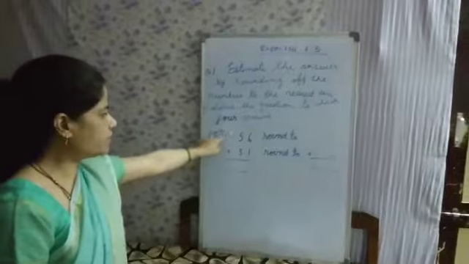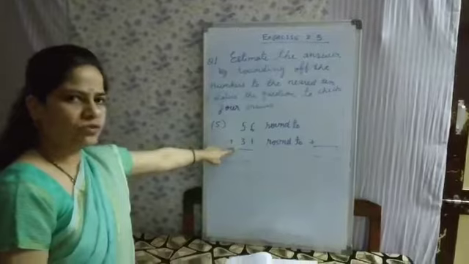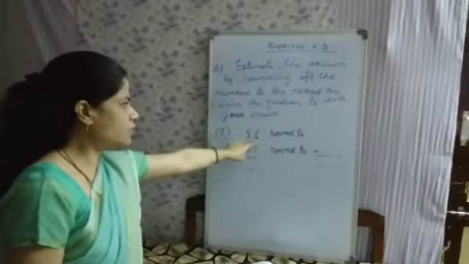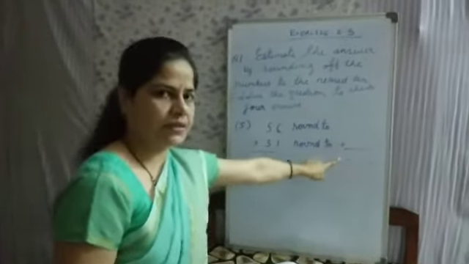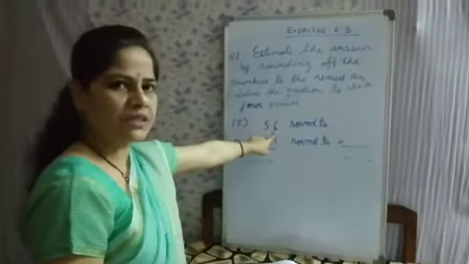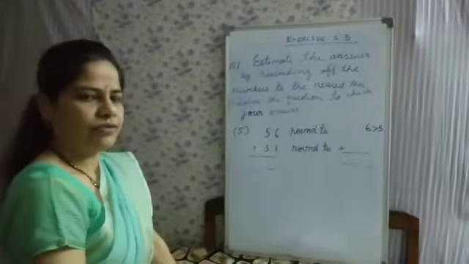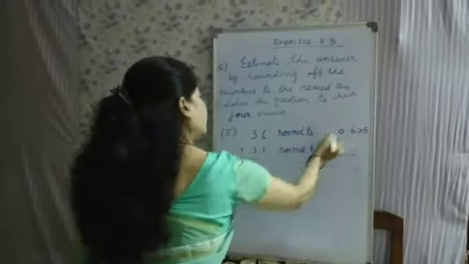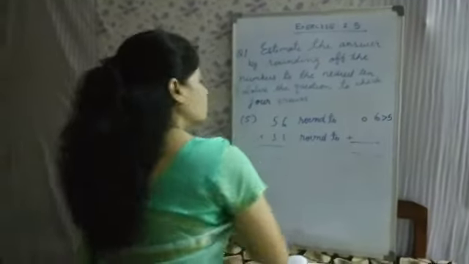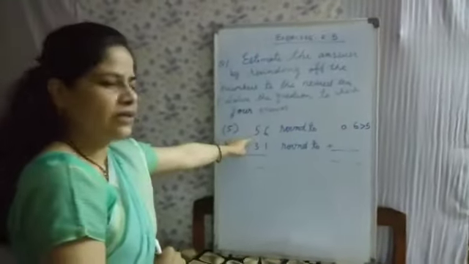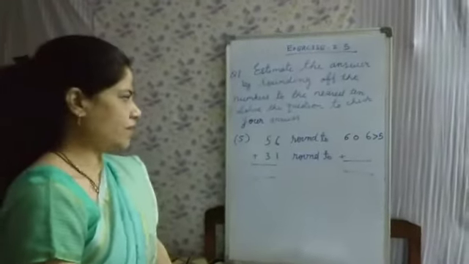Now fifth one is 56 plus 31. Before you add 56 and 31, you have to round off 56 to the nearest 10 and 31 to the nearest 10 and find the estimated sum. Here in 56 the ones place digit is 6. 6 is greater than 5. So write 0 at the ones place, and since here 6 is greater than 5, write the next digit of 5 on tens place. So you have to write 6. This is the next digit of 5.